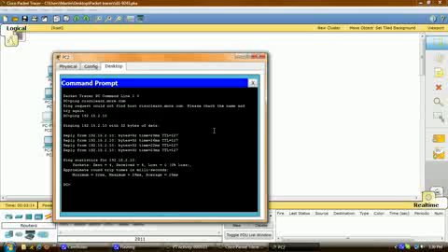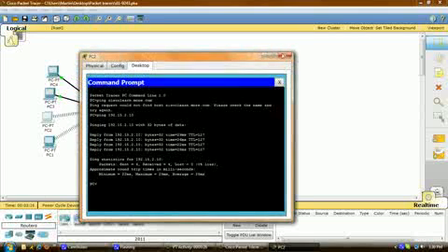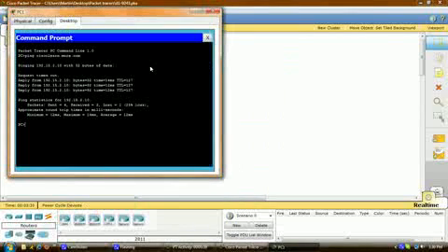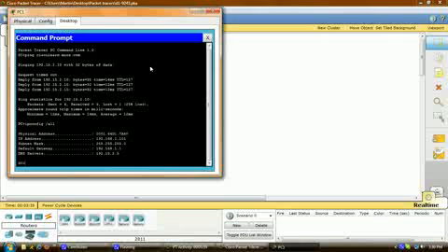So now we're going to compare the DNS server information on PC2 with other PCs on the network. So on PC1, I'm going to click out of here, go to PC1, command prompt, ipconfig/all, hit enter. And I'm going to examine the DNS server configuration. So you can see here that the DNS server is 192.15.2.5,